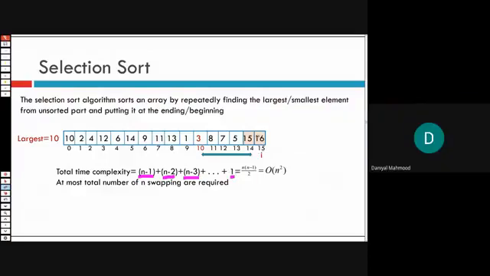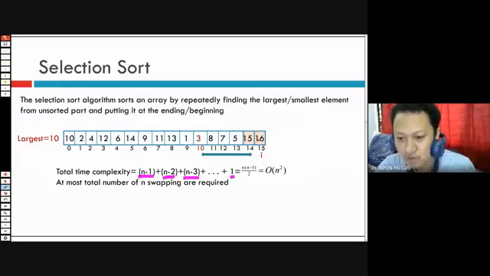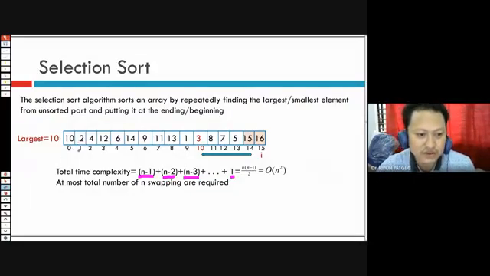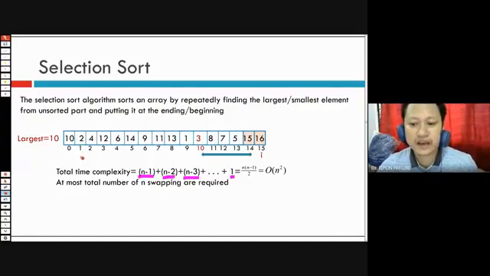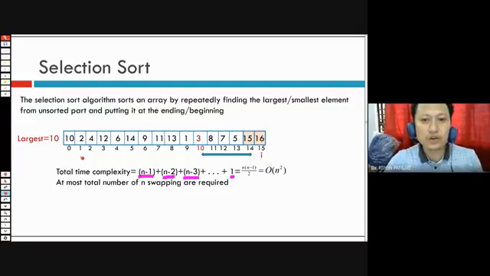To place one item, only one swapping operation. Then the next, 2 swapping operations. Next 3, next 4, up to this place. If there are n elements, then we will have to perform at most n swapping operations.